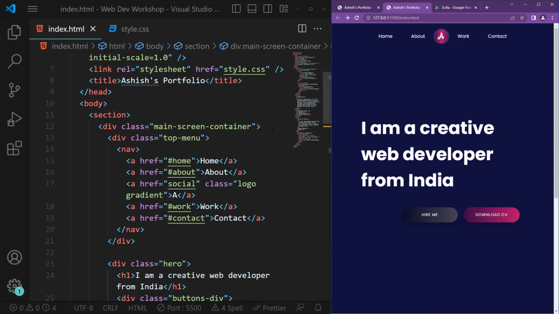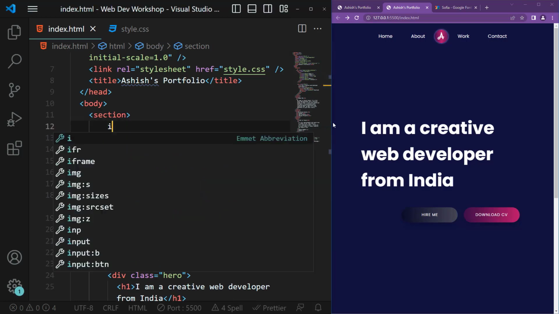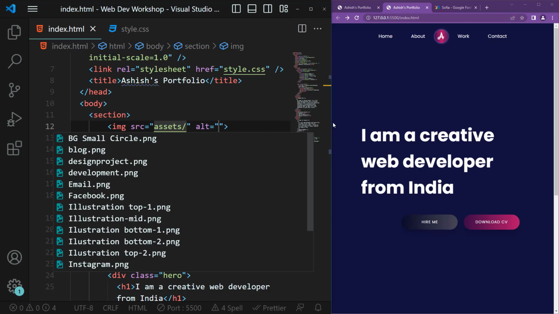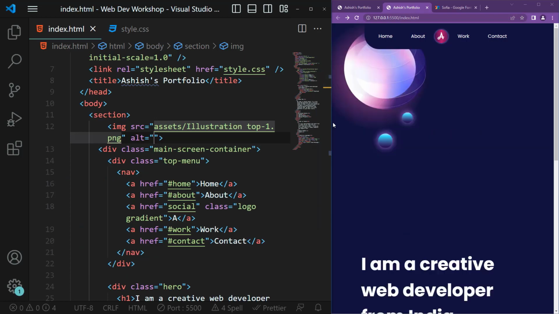So just after the section we will say img tag, and here we will say assets/illustration-top-1. So I want this particular image. Okay, and you can see now the image is here. We can keep the alt tag empty, or we can just say background